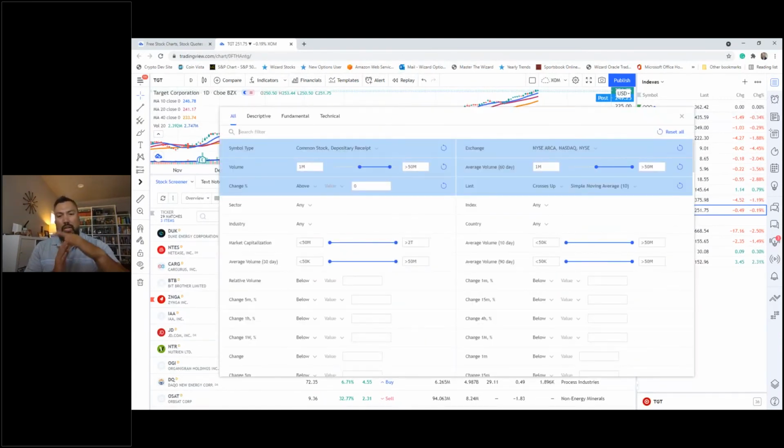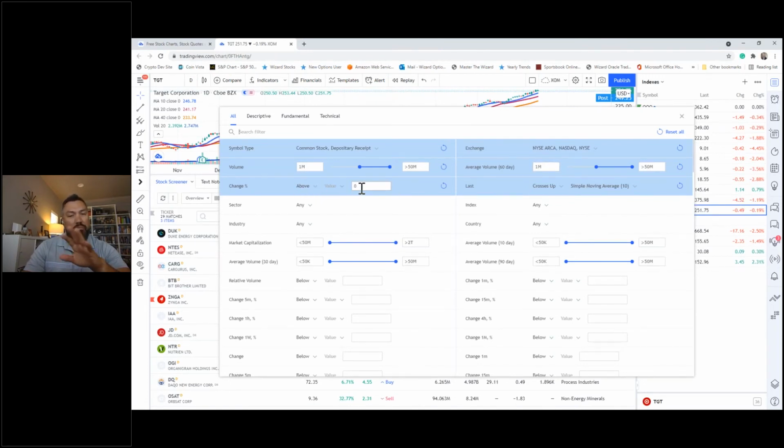So this is going to be looking at crosses. I want to find the price crossing above the 10-day. So this is only going to pull up stocks in this list, stocks today, that have above average volume. So these are liquid stocks. I use 1 million shares or more. Any stock that I see here must have traded today over 1 million shares. On the right-hand side you see average volume, 60 days. That means this trades on average 1 million shares a day. So these are very liquid.